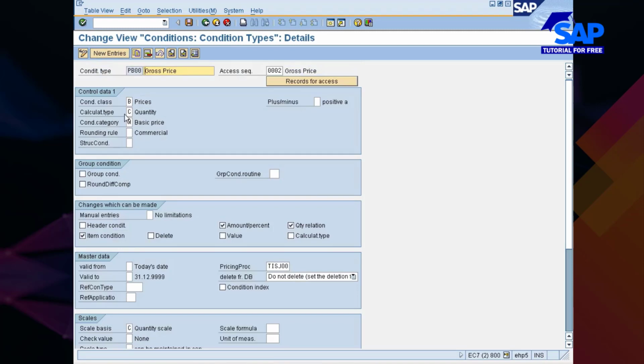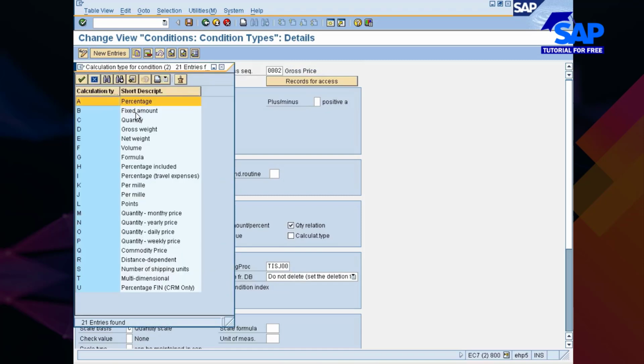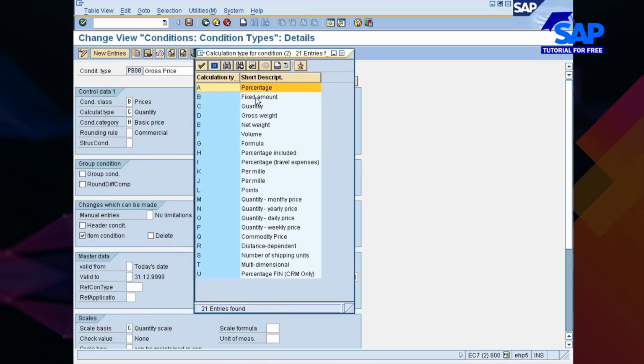Next one, calculation type. It's quantity based. How are you going to calculate the total price? Is it on the basis of quantity, or weight, or volume, etc.? You have to specify on what basis you are going to calculate the total price for the line item. So it is quantity basis, right? You can choose a different